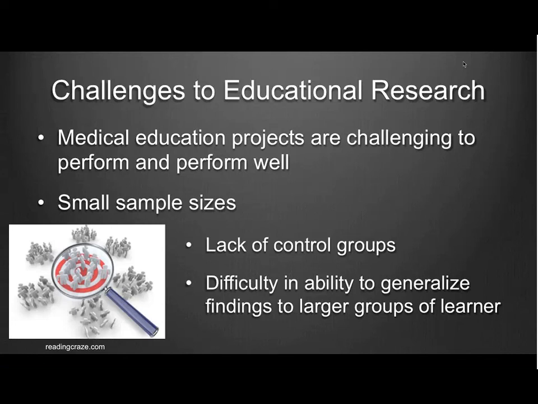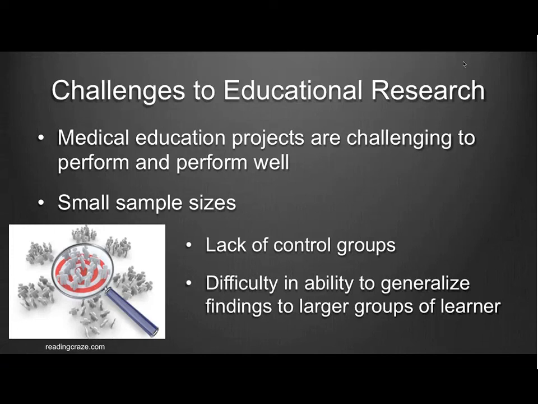educational research projects can be really challenging to perform well. Part of it is that we typically have small sample sizes. Most of the time, if we're looking at radiology residency groups, we only have a small amount of residents in any program, if that's your educational focus. And it's also really hard to get control groups. Most IRBs, especially the educational IRBs, will not let you do a control group that has no access to that educational intervention that you're going to try,